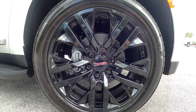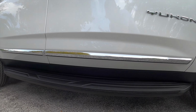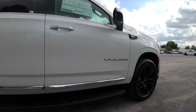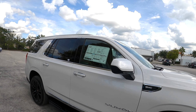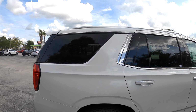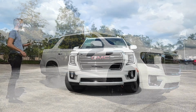22-inch multi-spoke gloss black GMC wheels. You get the gloss black on the running boards right there with the Yukon badging in chrome and the chrome on the doors. The front suspension is a coil-over shocks with the rear multi-link with coil springs, all new independent rear suspension, magnetic ride control, mechanically limited slip differential, a length at 210 inches with a wheelbase at 120.9 inches,